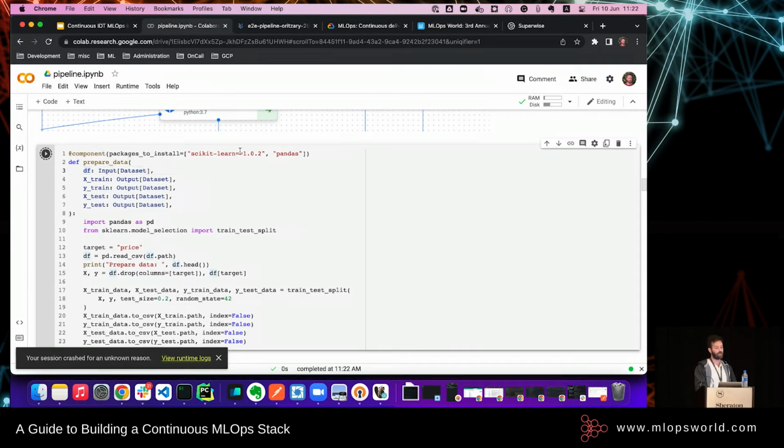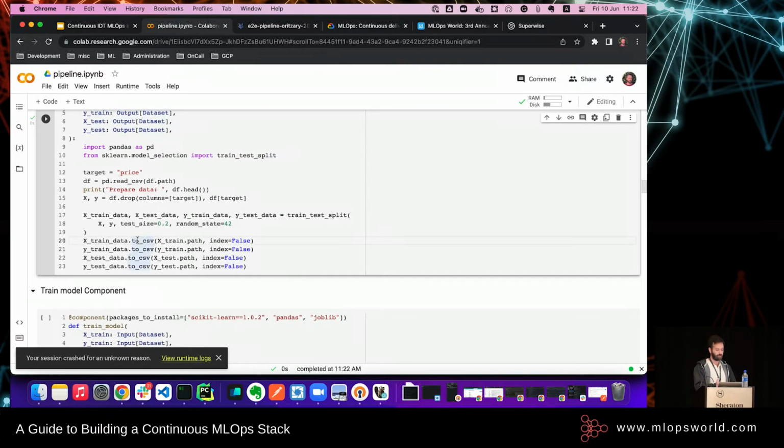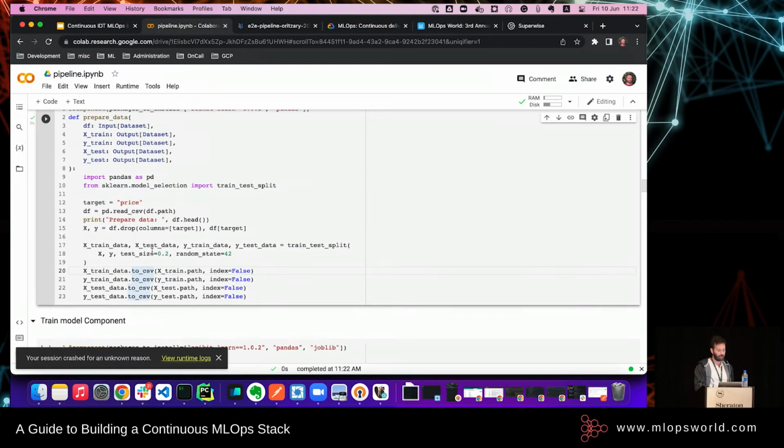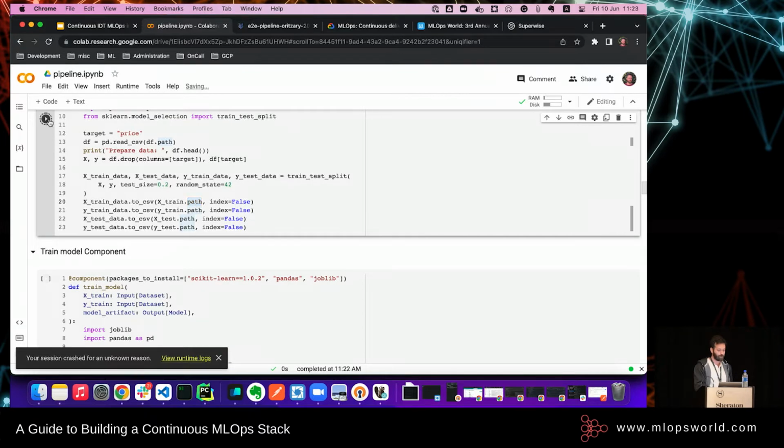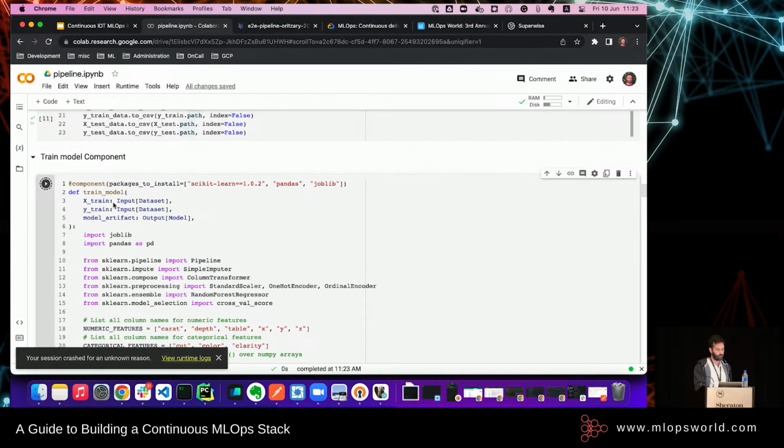The component here, as you can see, needed another package to be installed, sklearn. And then it's as simple as it can be. One thing maybe to mention is, as you can see, I'm using, for example, xtrain.path. Now, I don't know in advance what this path will be, but I don't care because all I need is to pass this one to the next step. So as long as these 2 steps are aware of the actual value, it's good enough for me. So I'm going to run it, and then we're going to move to the train model component.